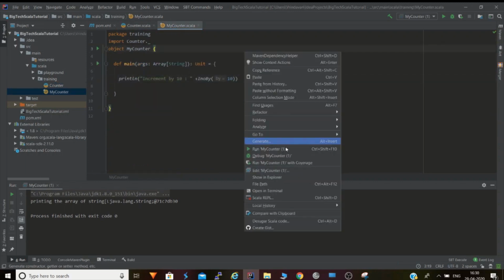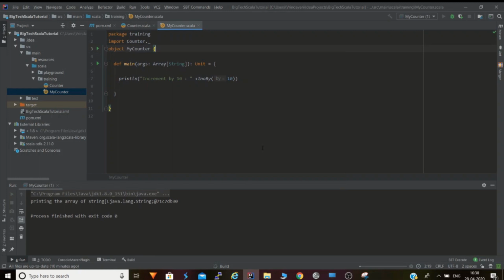Let's execute it. Here you can see we are able to run this, because we have implemented the main method, we have developed the Scala application. See, incremented by 10, right? Similarly, let's implement the decrement method. So we will do some smart work.